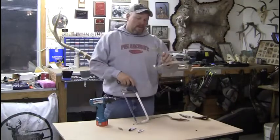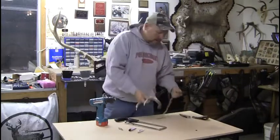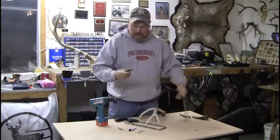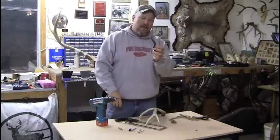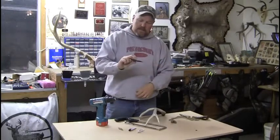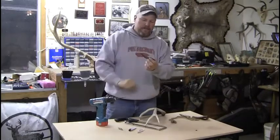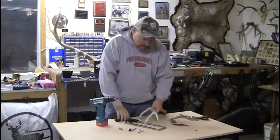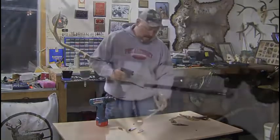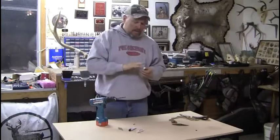Anyway, the first thing you want to do is pick a tine that you're going to use. Here's an example of a neck knife. This is actually a pronghorn antelope shed that we found. We just cut the tip of it off, and it's got a Magnus 125 on it. So just find a horn that looks good, cut it off. Once you get your piece of horn cut out that you want, you might want to take some sandpaper and